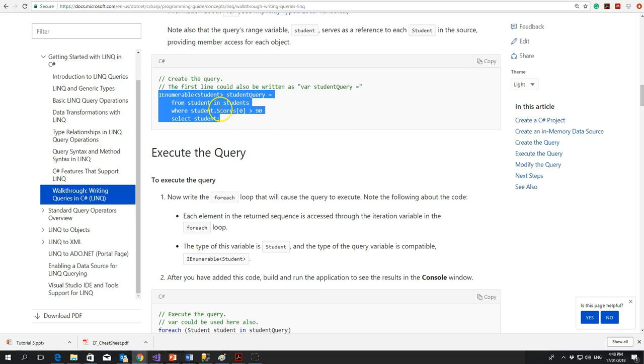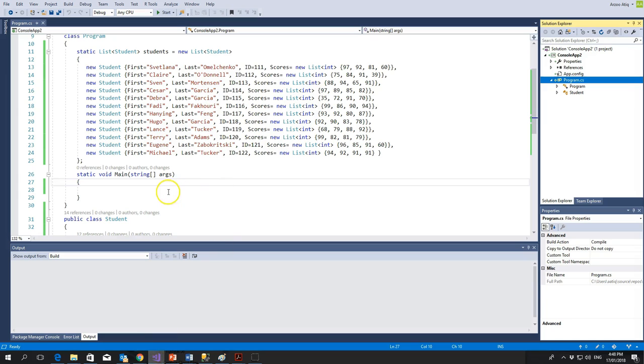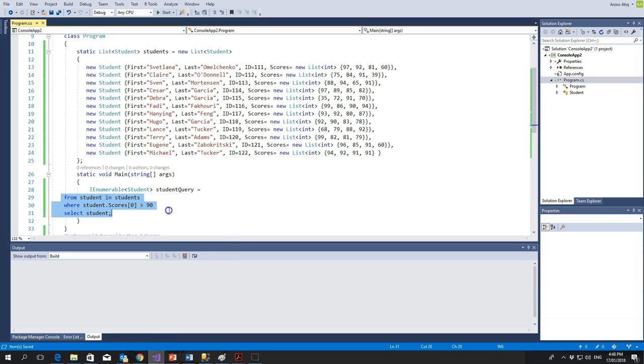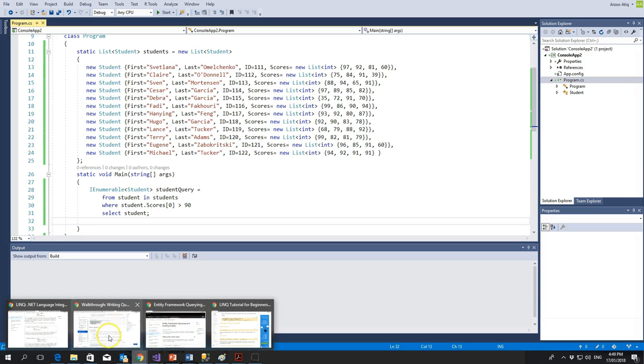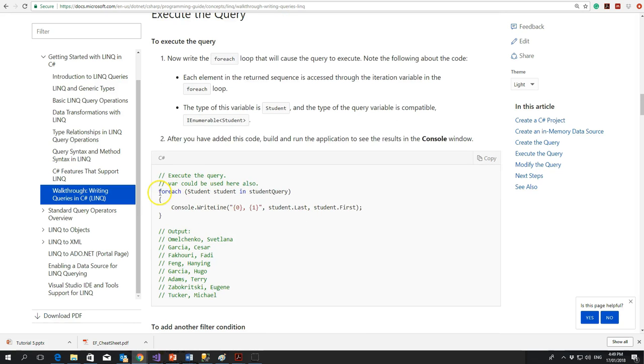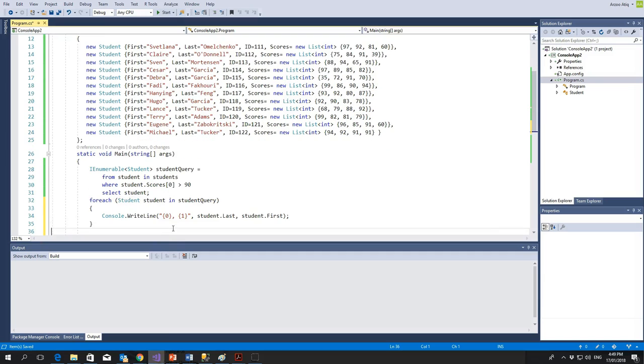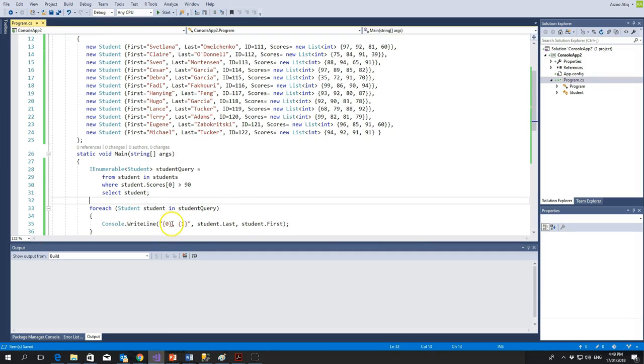So what I'll do, I'll just create this query in my main. So this is an IEnumerable query, student query from student in students, where student.Scores[0] is greater than 90, and select student. Now this is the data source, this is creating the query, and then executing the query. So for executing, you just write the query, and the 0 means student dot last and 1 is student dot first. So you just create that